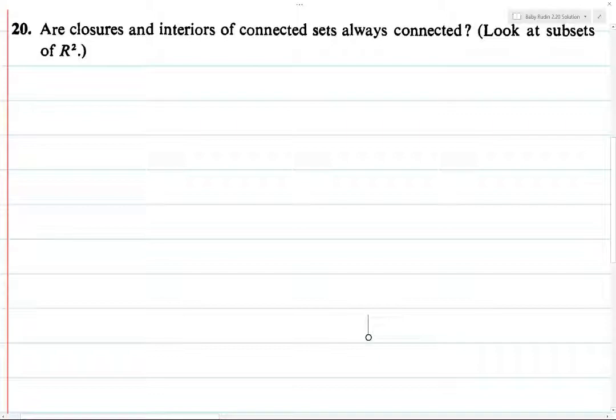As for interiors, we can look at subsets of R2 and come up with a pretty straightforward example: a connected set whose interior is not connected. One way of thinking about it is taking two separate connected sets and connecting them by a line segment. Line segments don't have any interior, so when you take the interior it goes away and you're left with the interiors of the two connected pieces you started with. As long as those interiors are not empty, you'll have a disconnected set. But anyways,